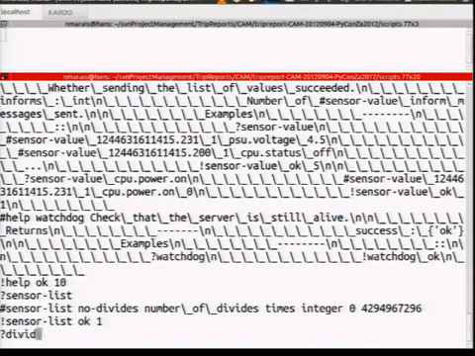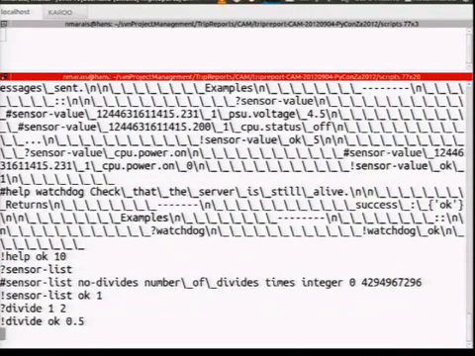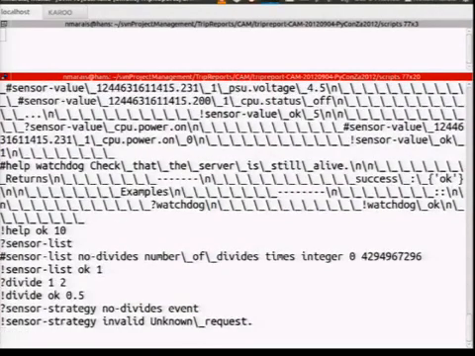It's divide, request 1, 2, and you'll note it actually uses floating point division because we had the cat type saying it should be a float. And now we want to monitor our sensor, so we can subscribe to the sensor by setting sensor strategy. The sensor was called no divides, and we want an event strategy. So event means whenever